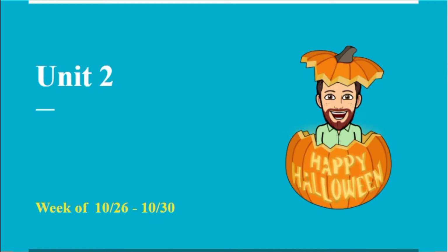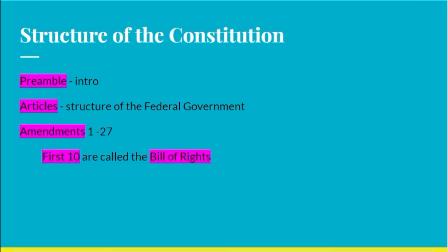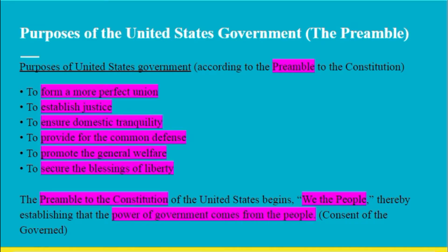So, looking at this next set of notes, we're jumping right on into the structure. Last week I talked about this just briefly, talking about that the preamble is the first part we're going to talk about. And then we're going to talk about the articles, and then the amendments, and then more specifically the first 10 amendments and how we changed the other amendments as well. So, jumping into the preamble.